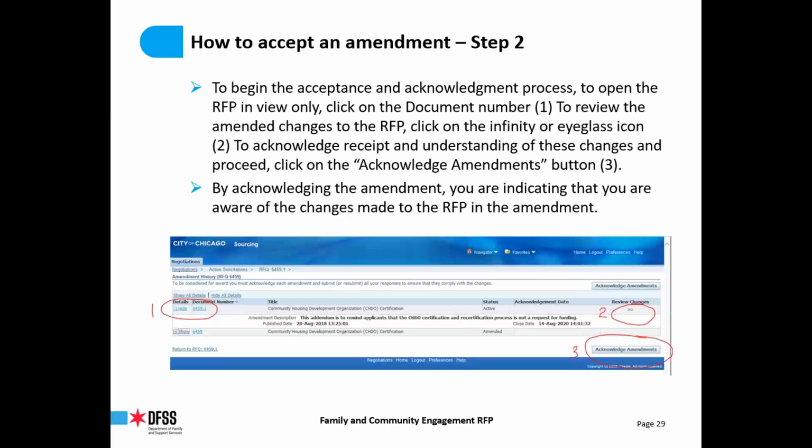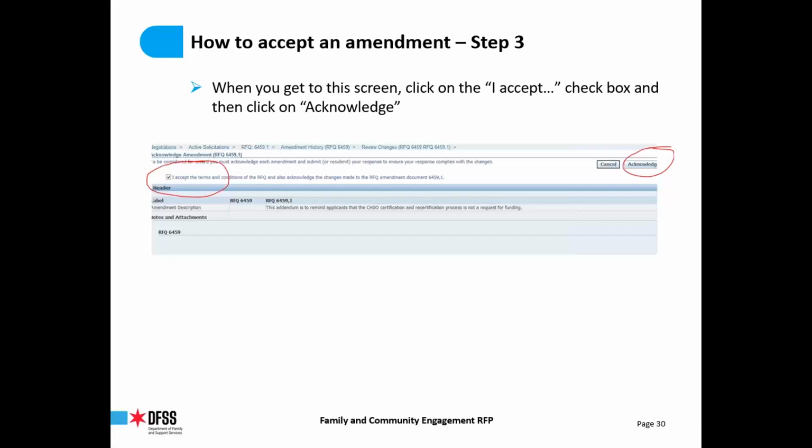And then after you've done those things, you will click on the acknowledge amendment button, which is circled number 3, in the lower right-hand side of the screen. That will take you to the next screen, at which point you will accept your acknowledgement. So here you're going to click on this really small button on the right-hand side, accepting the terms and conditions of the RFQ and acknowledging that you have read the amendment document and that you understand what's going on. And then you're going to hit the acknowledgement button on the right-hand side, which will take you to this